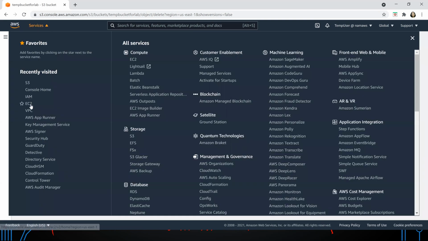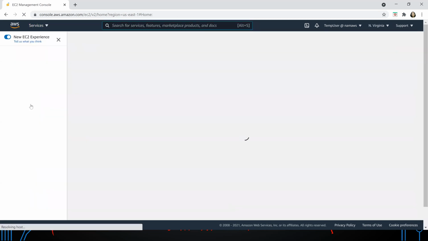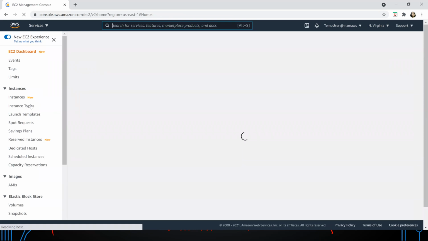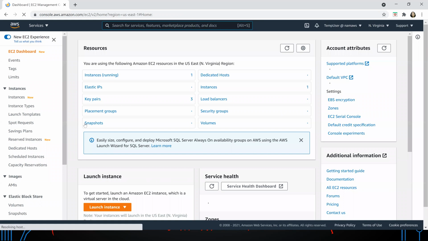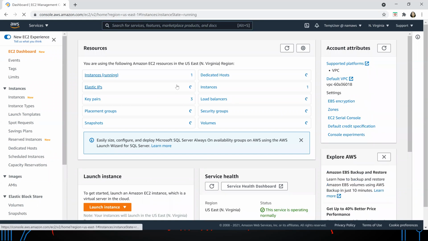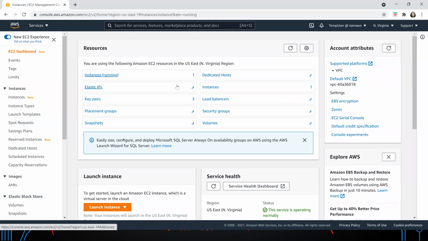The other permission that we gave to this particular user group was full access to EC2. That means this user should be able to launch EC2 instances, and even terminate them if that is required. So let's say I have one EC2 instance running, I believe.